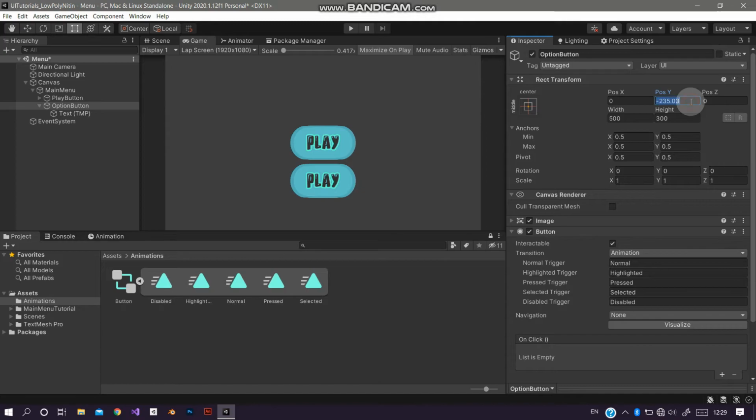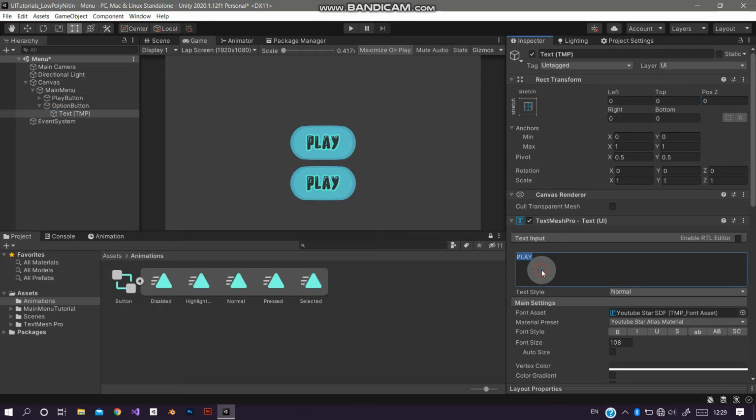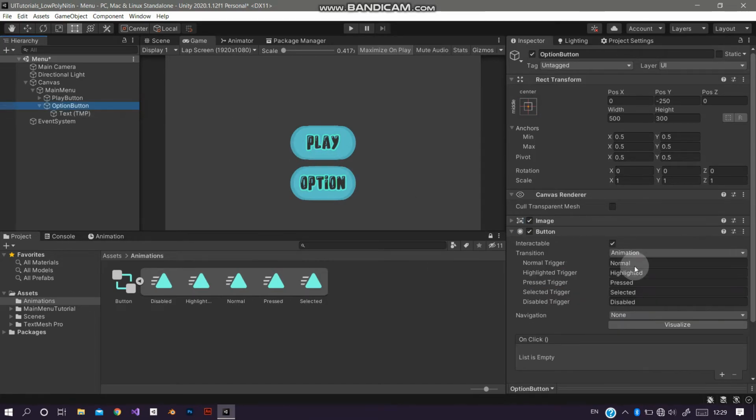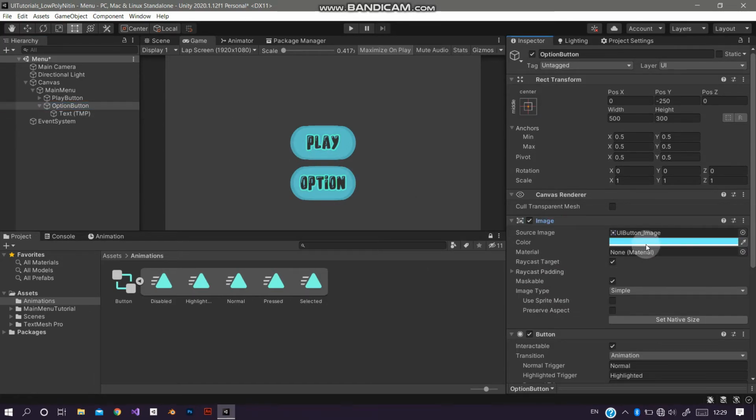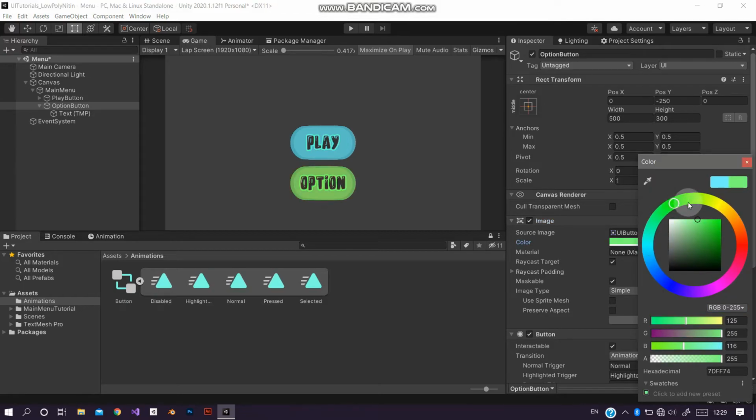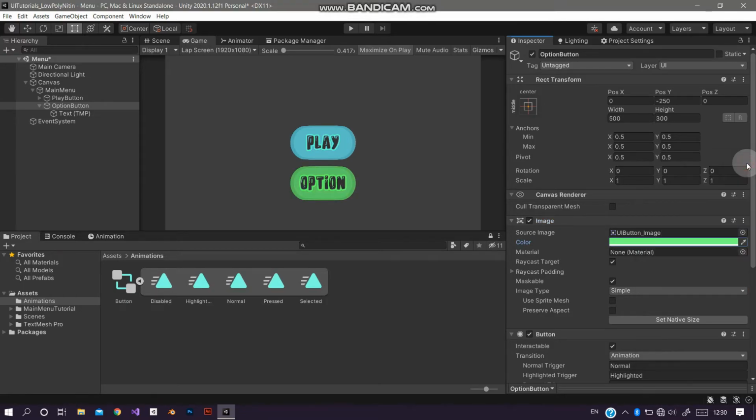like here, minus 250, and let's replace the play text with options, and also change the color a little bit. I think green is good. Now let's duplicate the options button and rename it to quit button,